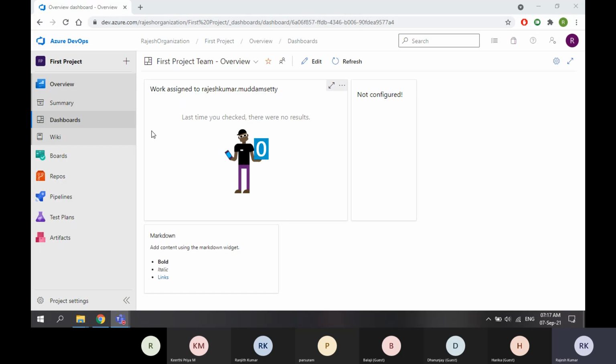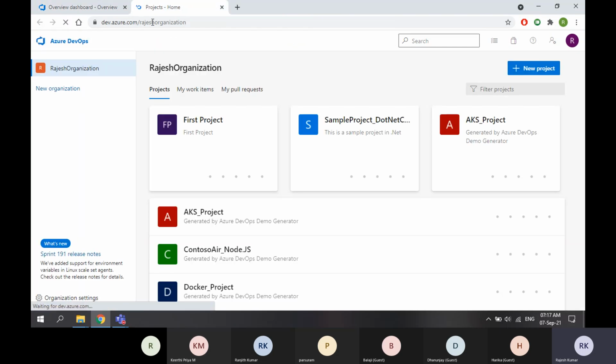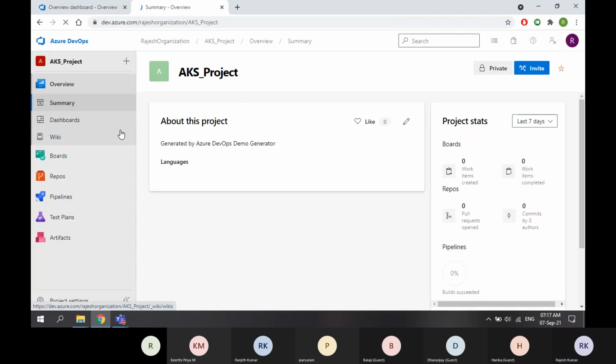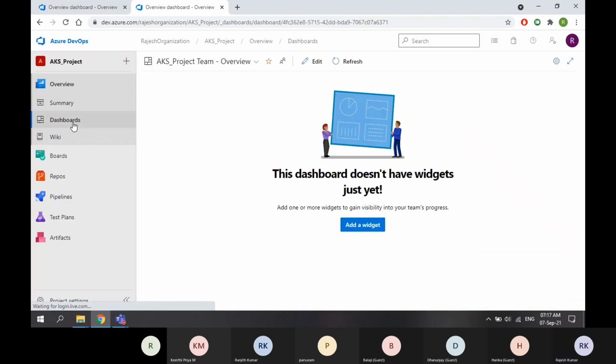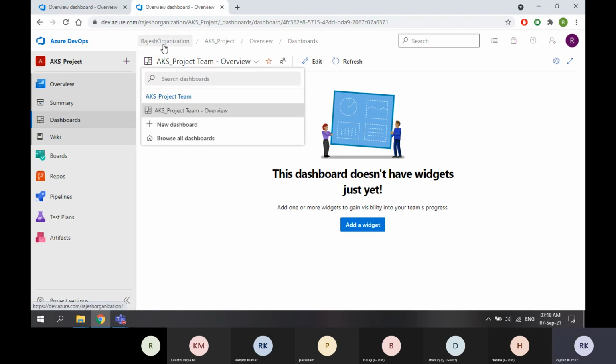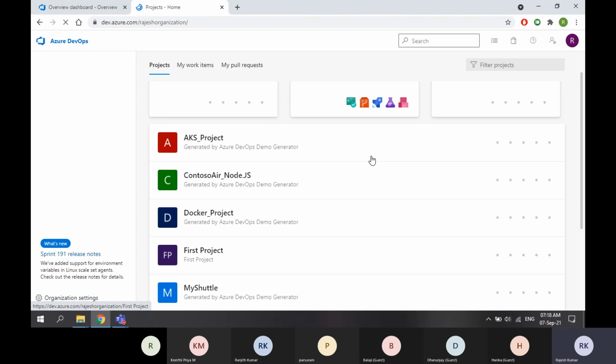Yeah. So as I don't have anything in my project, everything is blank here. So work assigned to me is blank, not configured, no markdown text. So for this purpose, I will show you some other one which has many things inside the dashboard.